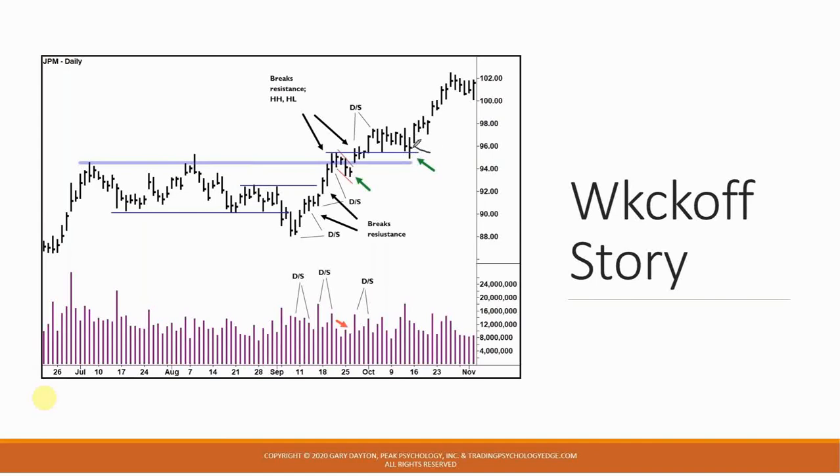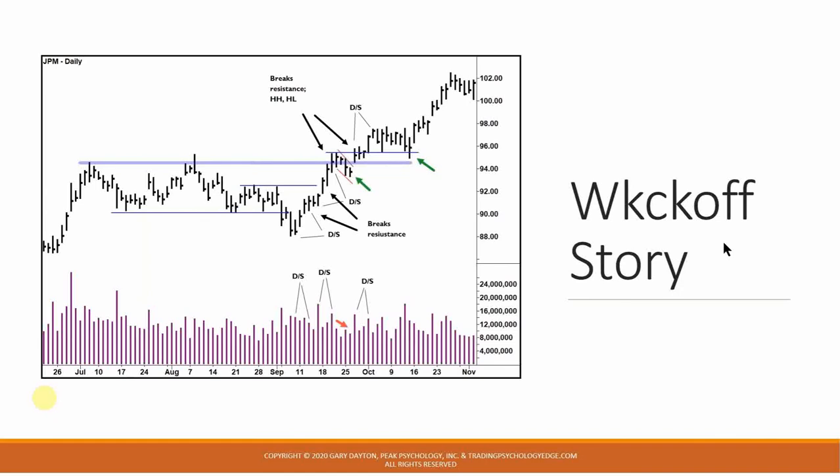Is this one bar going to negate all that's going on here? Probably not. There's no supply coming in here, right? If anything, supply is getting rejected. So sometimes you don't have everything crystal clear lined up, and you don't have to take the trade if that's the case. But if you've got a Wyckoff story, you know what the supply-demand equation is here, and that can give you a good